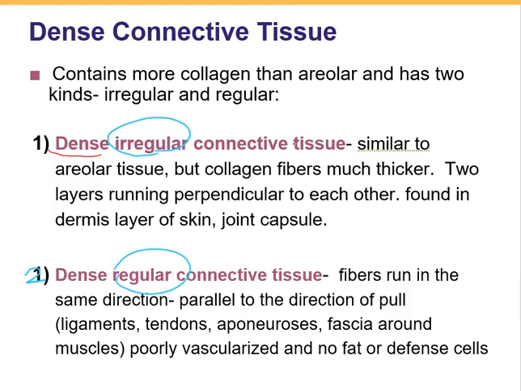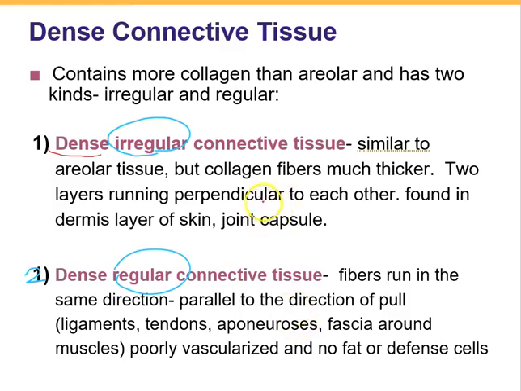Dense irregular connective tissue is composed of many packed collagen fibers in different directions. The reason we call it dense is because of the packed collagen fibers, and the reason we call it irregular is because